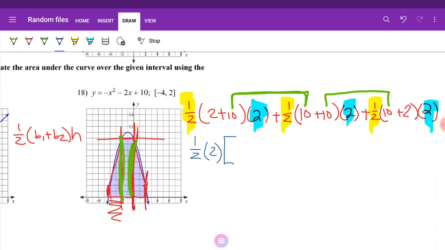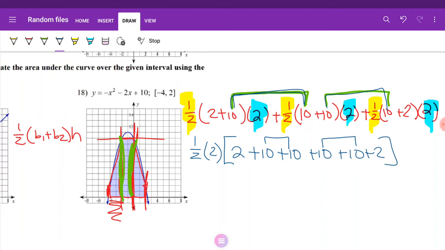And I know this is a really weird way. Like, you could be like, oh, I'm just going to type it in my calculator. But I'm trying to show you this way because it's going to really help you with the calculus part of it when you get there. So what's left? Well, everything that I didn't highlight is left. 2 plus 10 plus 10 plus 10 plus 10 plus 2. And like we said, these 10s match. That's these ones. And these 10s match. You could pretend they're a different number too. Pretend the first 2 10s are 10s and the second 2 10s are 20s. But so this makes 1. There's 2 10s. There's 2 10s